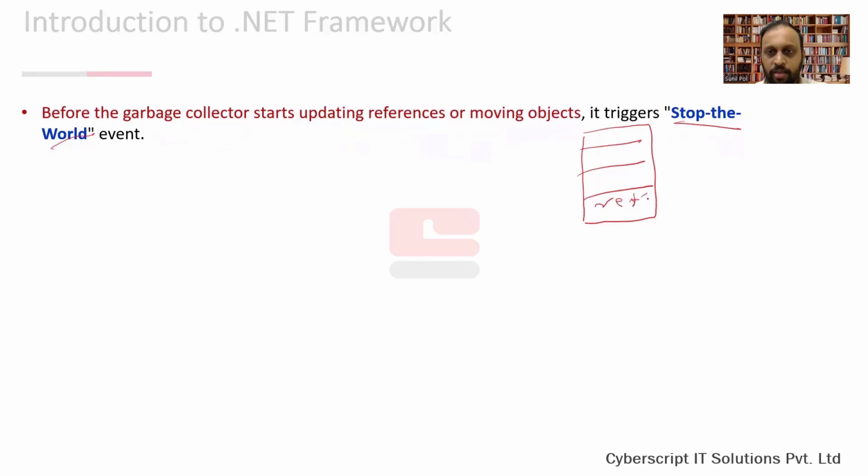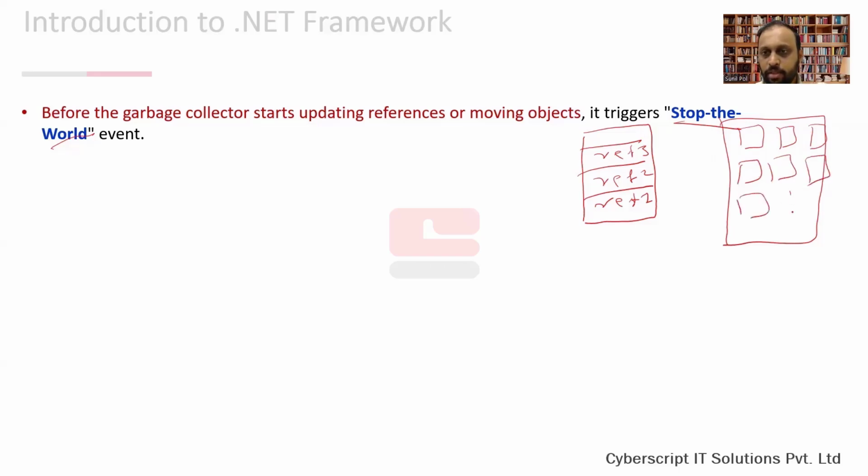This is reference variable 1, reference variable 2, and reference variable 3. This is our heap memory, which contains multiple objects, which are reference type variables. Now, reference 1 is pointing to this object, reference 2 is pointing to this object, and reference 3 is pointing